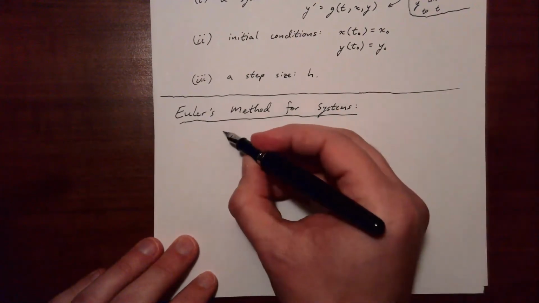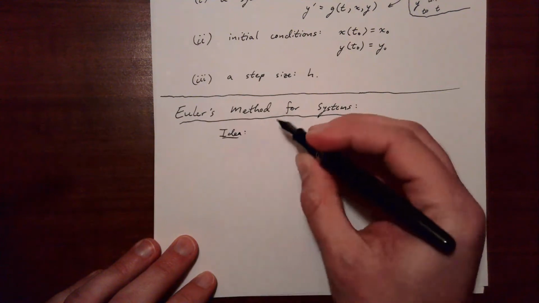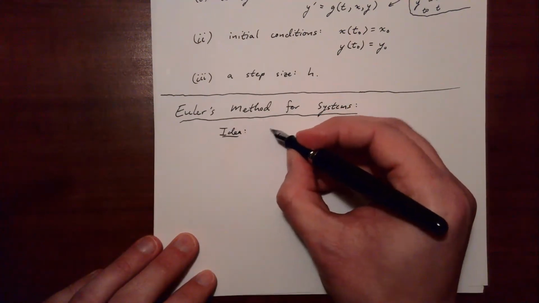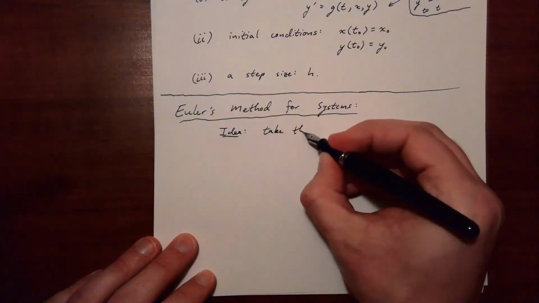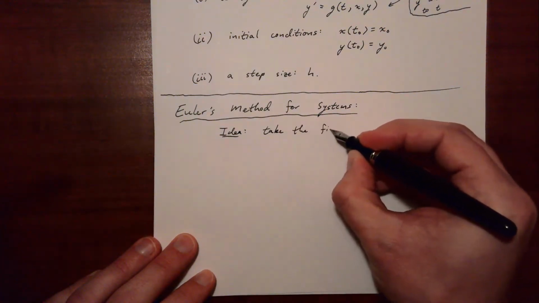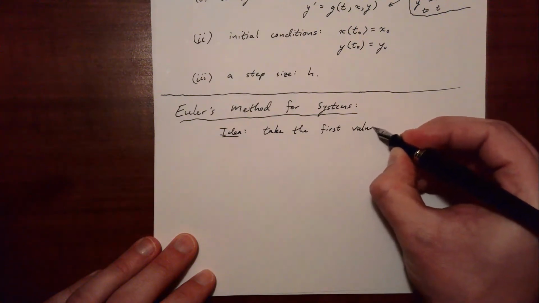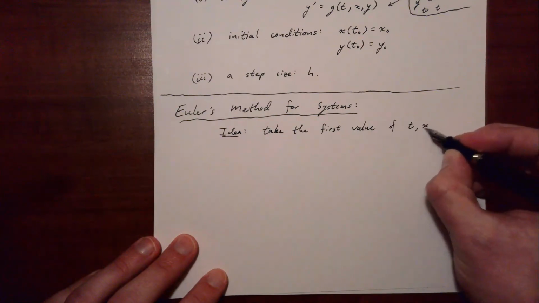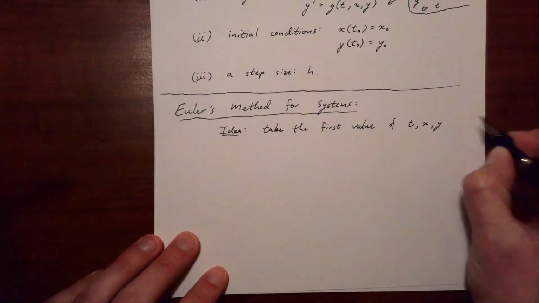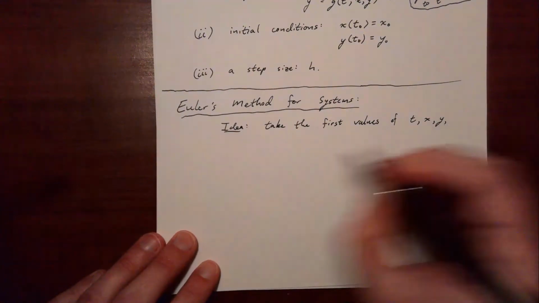So the idea is to take the first values of t, x, and y,